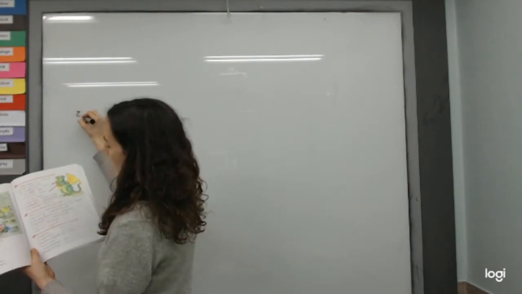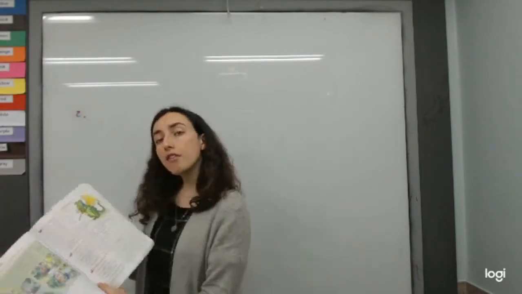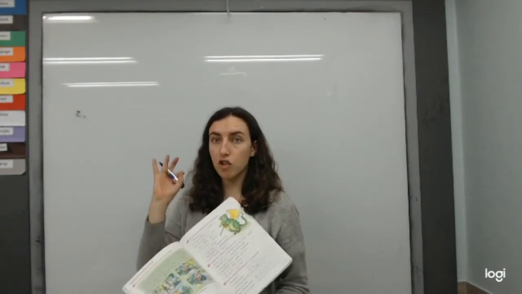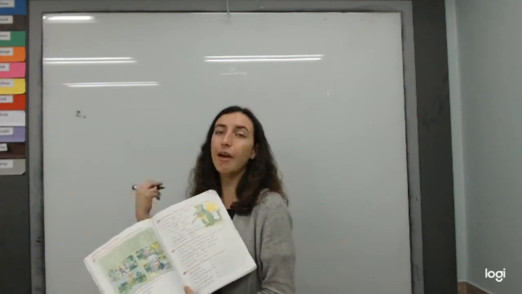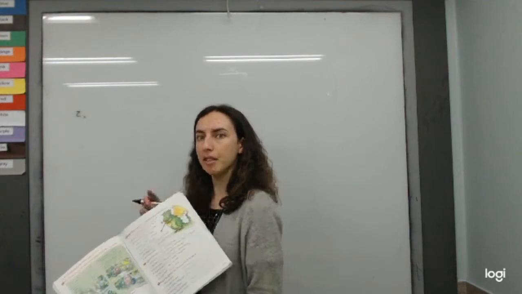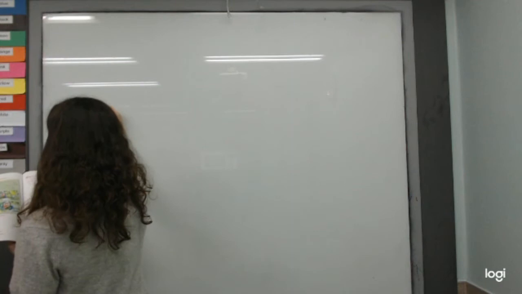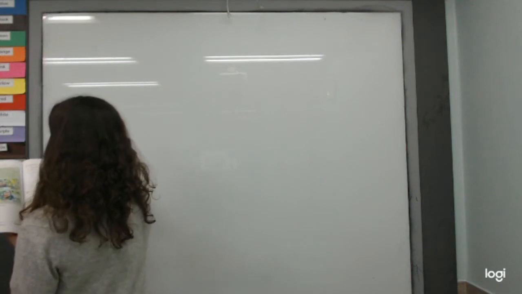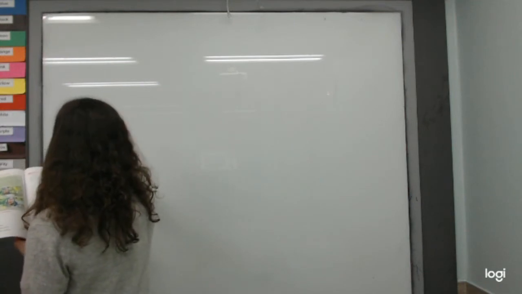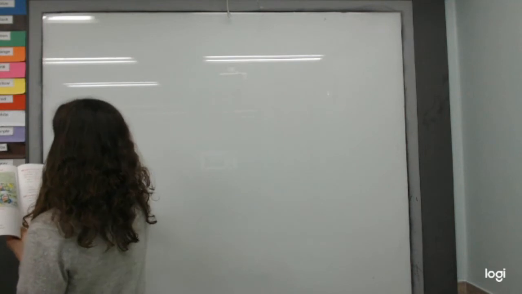Number two, it had, so for this one, if your answers are different, it's okay, okay? Different answers are okay. This one, you can use any word to talk about the dragon. I will just say the answers I picked, okay? So the first one, it had a long tail. Number three, it had a short blue neck and a